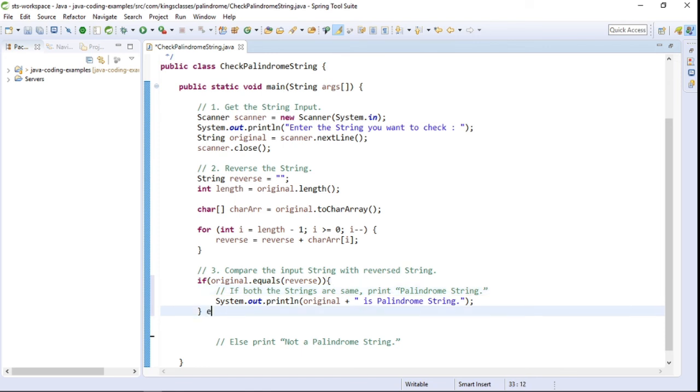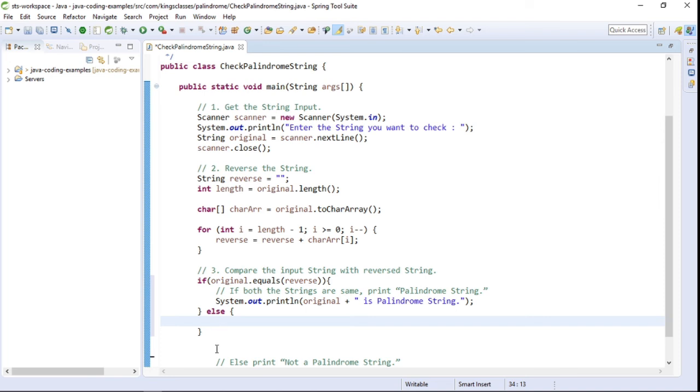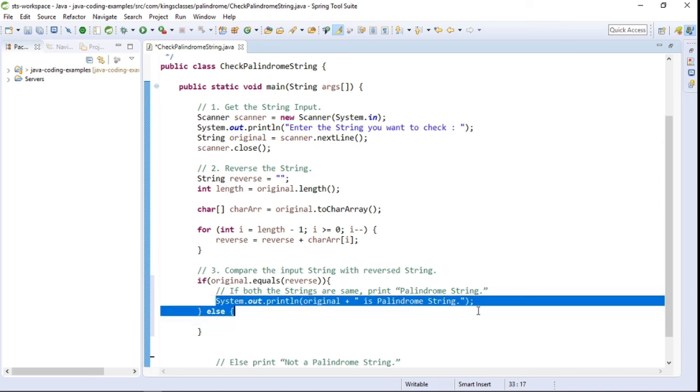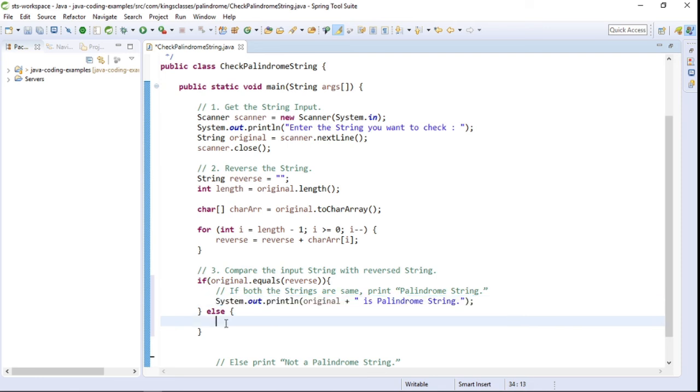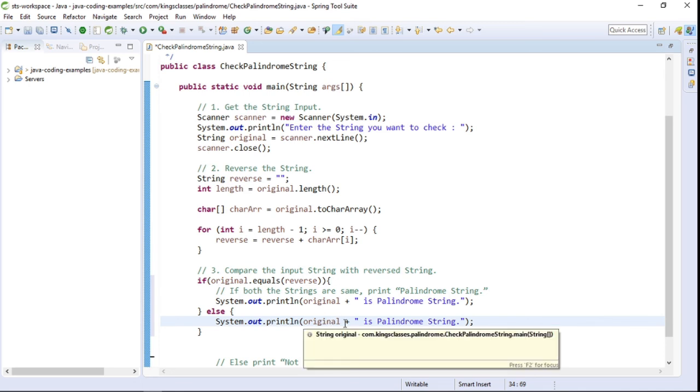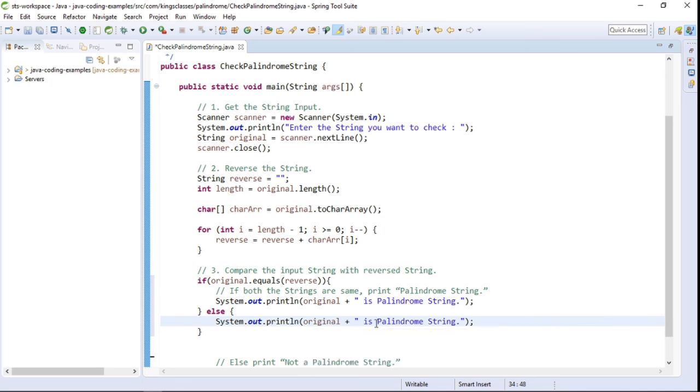And in the else part, what we will be doing, we will print not a palindrome. Basically the control will come here when both the strings are not equal. In that case we will print like string is not a palindrome string.